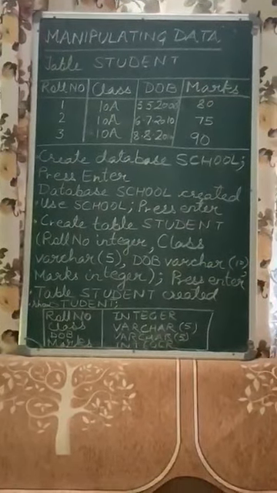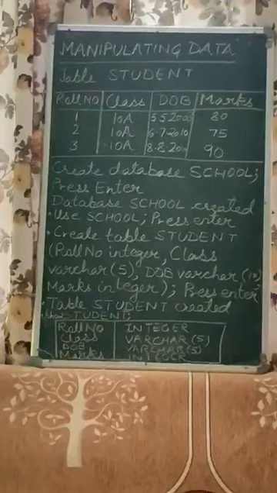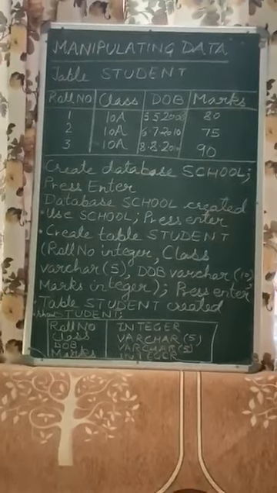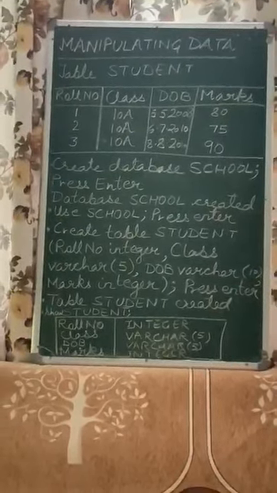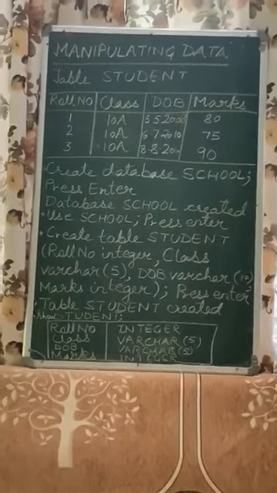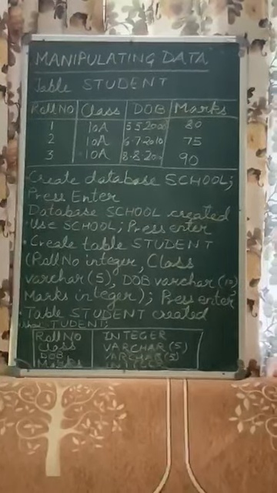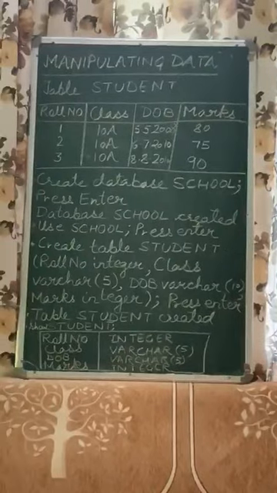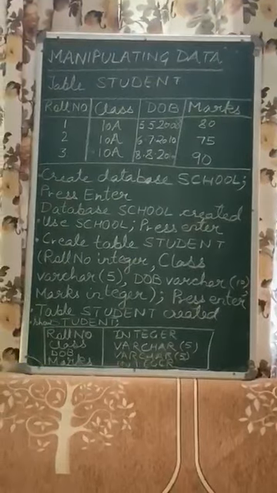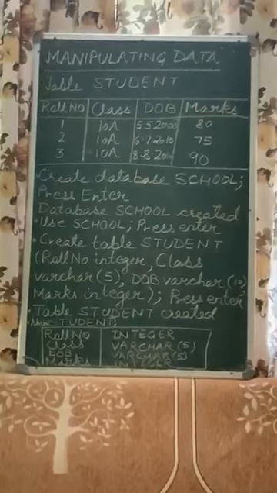Okay, then I put a comma. Now the marks of the child, again the marks are in numeric form, so I will use the data type as integer. Then I'll close this bracket and put a semicolon. Remember children, your query is incomplete without a semicolon. Above, if you see, you can see create database school. It was also having a semicolon. Without a semicolon, your query will show errors and it cannot be executed on the computer.